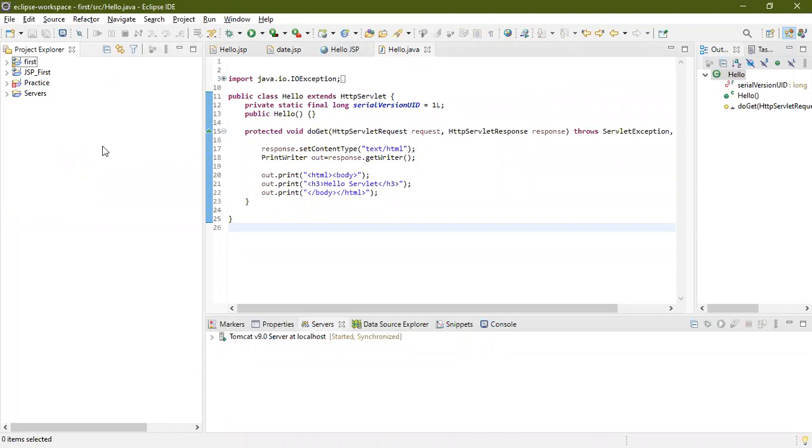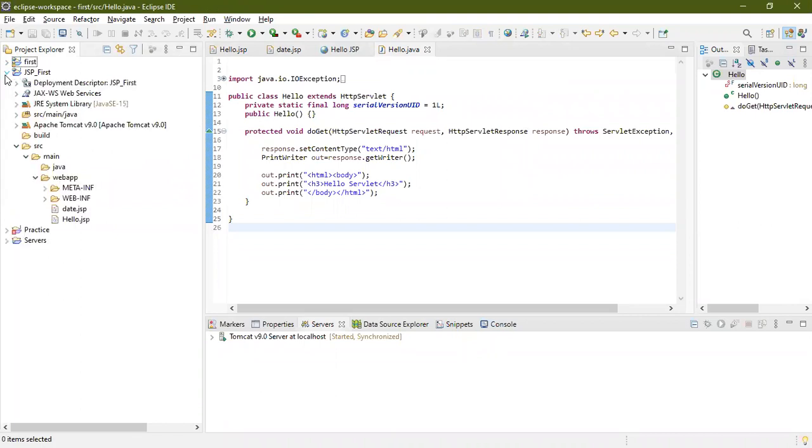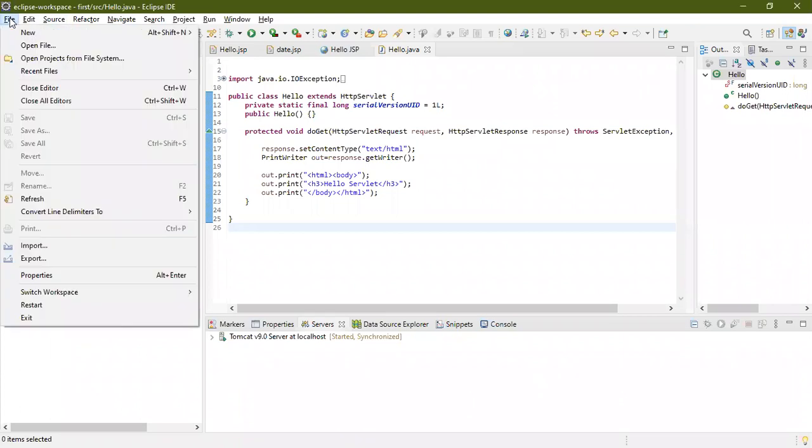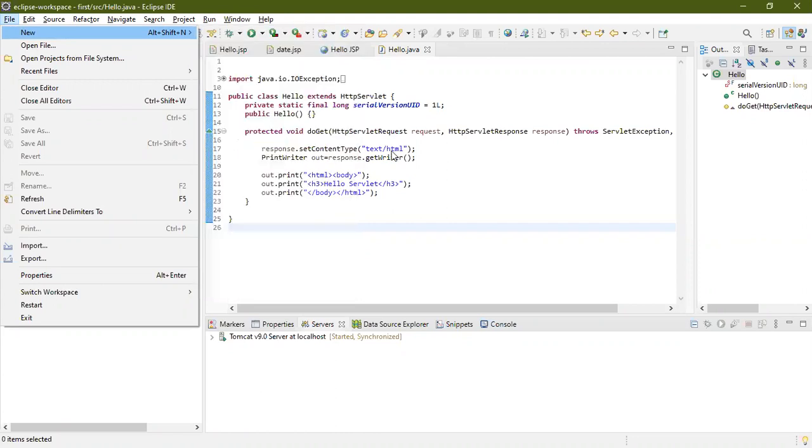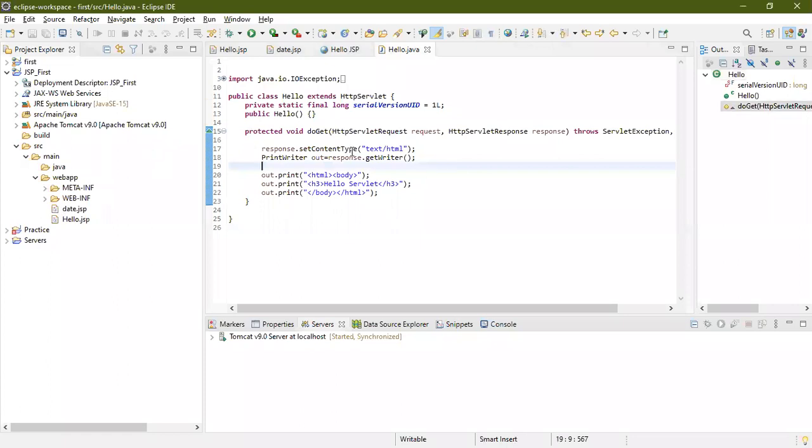See, I already created one application here, that is JSP first. If you want to do it, I will share the procedure. I had taken screenshots for all this, and when I am doing this, I will share it with you. So this is the environment that is created here. If you follow the traditional approach, you have to write all this, but in this IDE, no need to do all that. Just go to New and you can create a project. I will show you the procedure later when we create the second one. First, I will show you the execution of this one, and then if there is time, we will go for that one. So this is the environment that will be created.